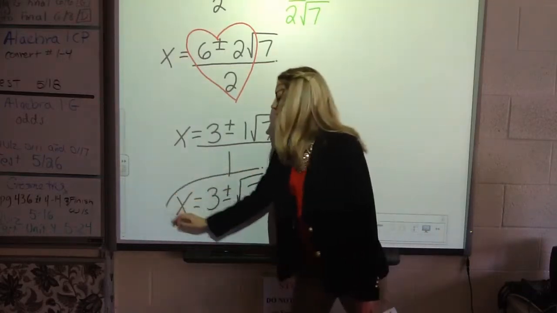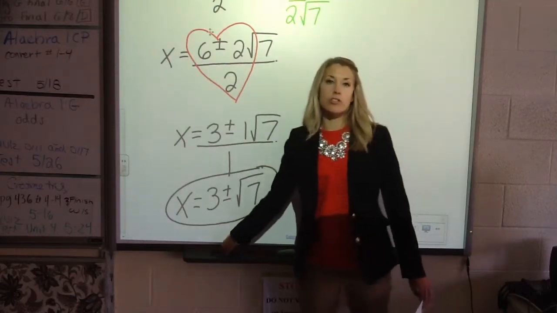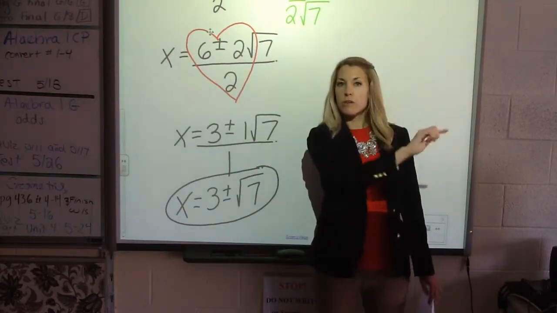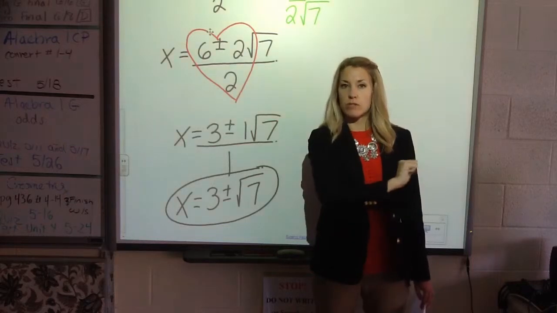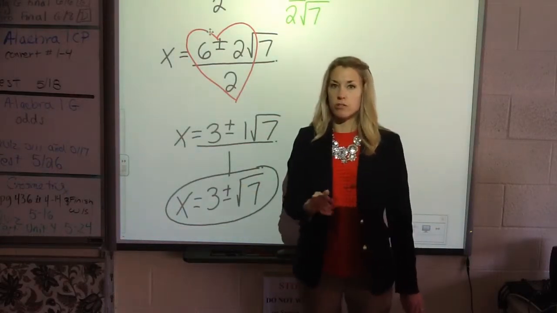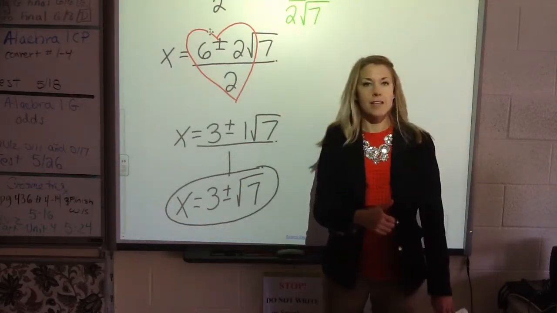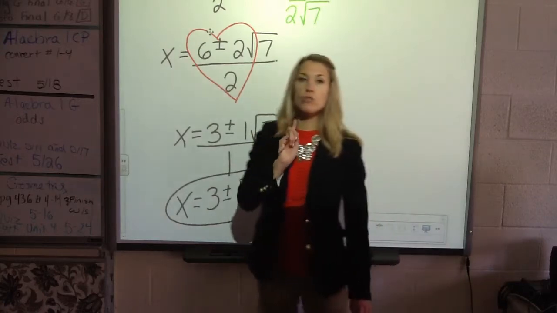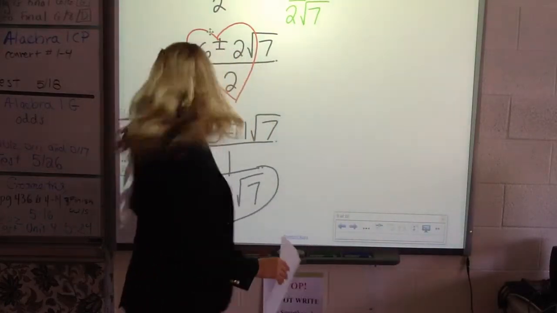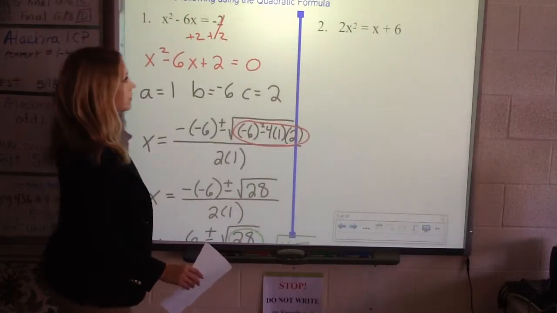And there's my final answer. It's actually 2 answers. 3 plus the square root of 7, 3 minus the square root of 7. That would give you 2 different answers. Okay, let's do it again. Make sure you write these down as we do it. Next